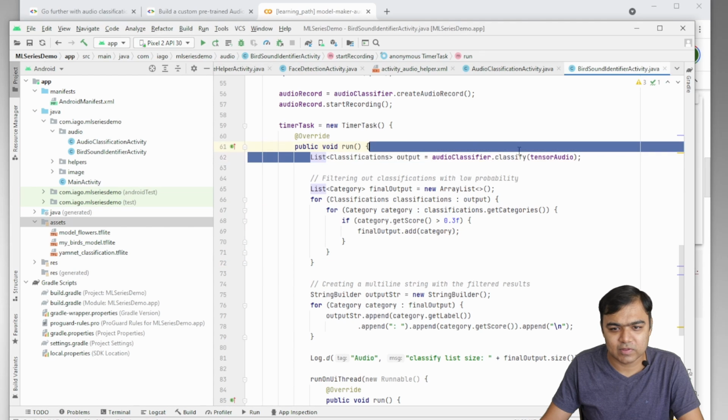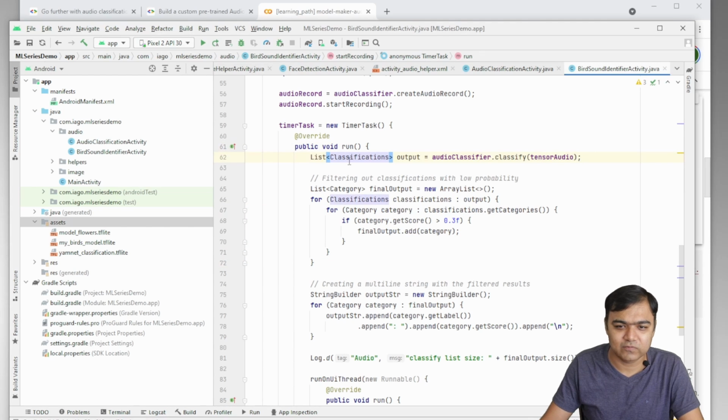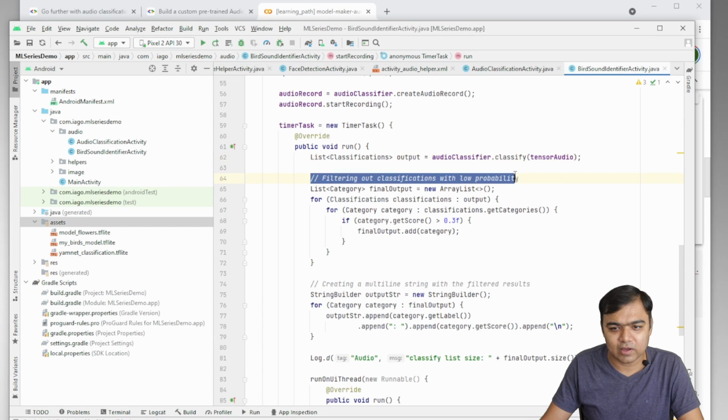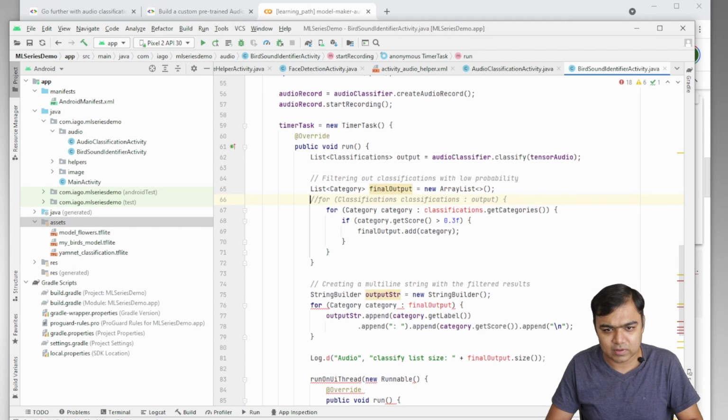Here you can see we have this output classification, which is a list of classifications. Instead of filtering out with low probability, we are going to filter based on bird and low probability. So we are just going to take the first output, so there will not be this for loop. Let me remove this.